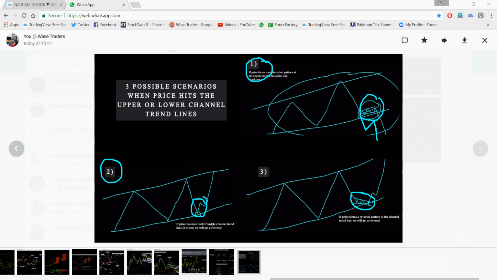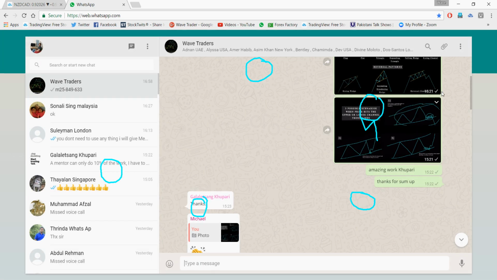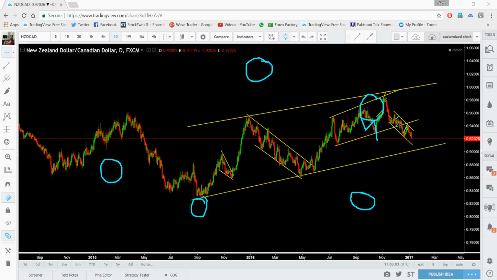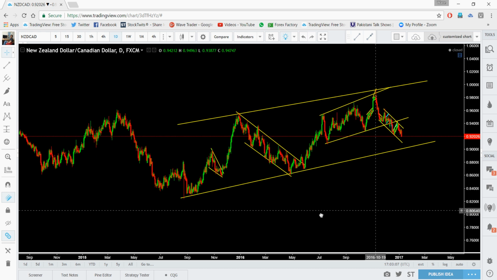You guys need to watch once price hits your trend line or your channel, whether your channel is ascending or descending, whatever it is. So these are the types you need to watch. Let me give you an example. So we can see on this pair,